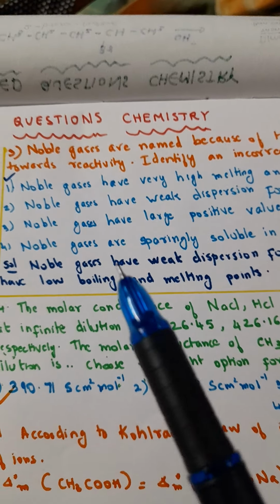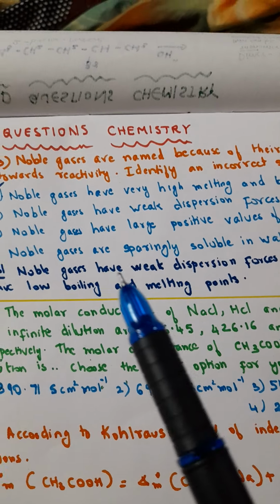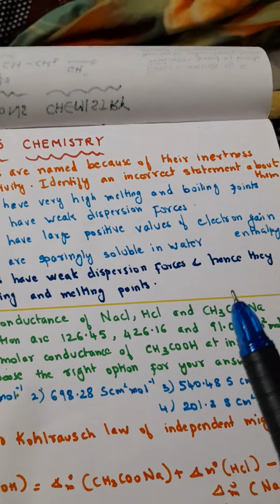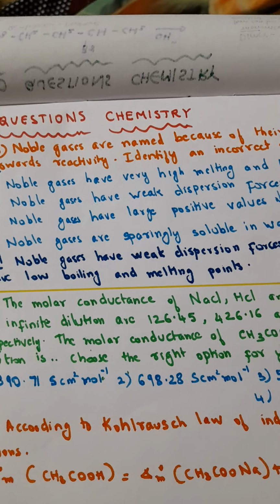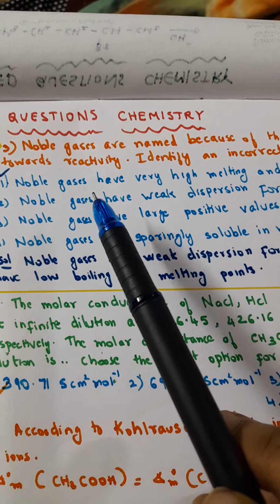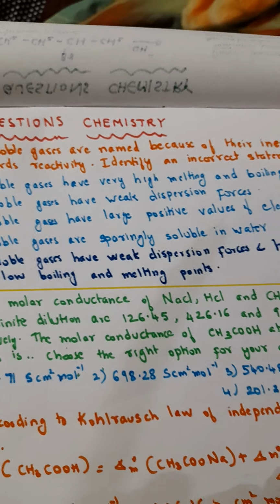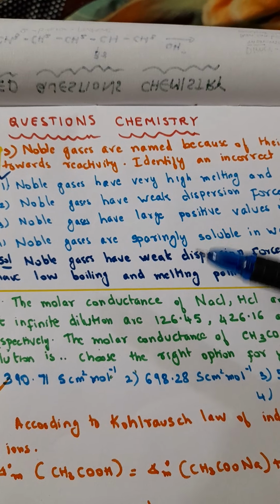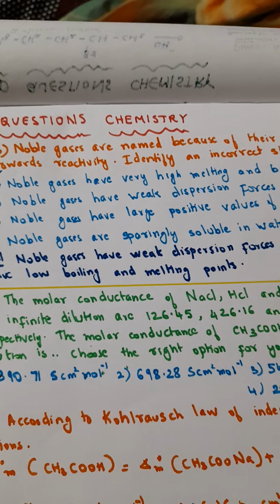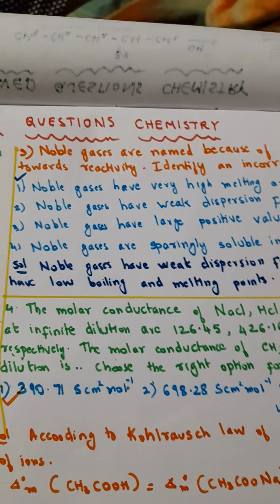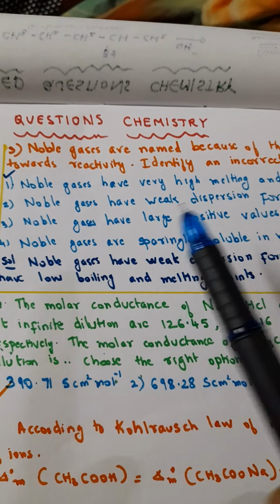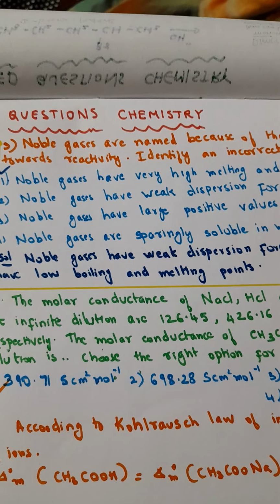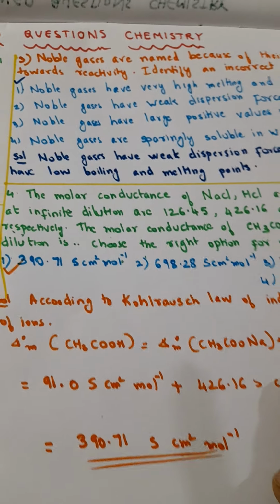The first option. Why? Because noble gases have very weak dispersion forces, that is intermolecular forces, they are weak. So, as a result, they have low boiling and melting point. So, option 1 is incorrect because it is given as very high melting and boiling point. If you go through the properties of noble gases in your NCERT chapter, all the other statements are given. So, why are they testing? To see if you have the correct knowledge or correct concept based upon the textbook. So, you should be thorough with the concept, as I always tell you.